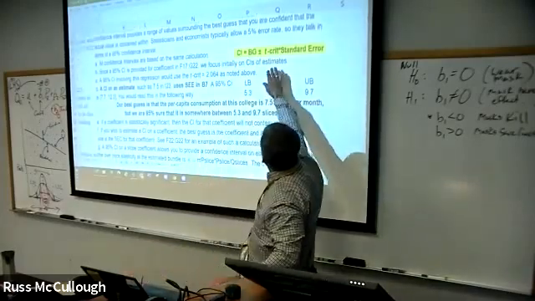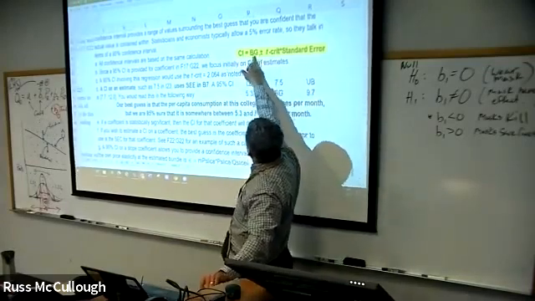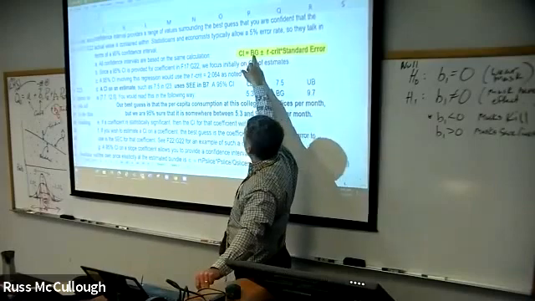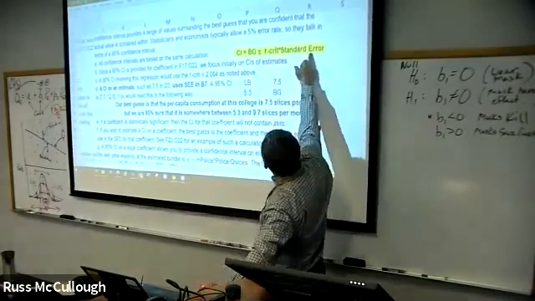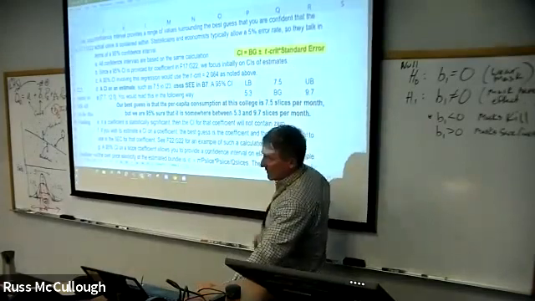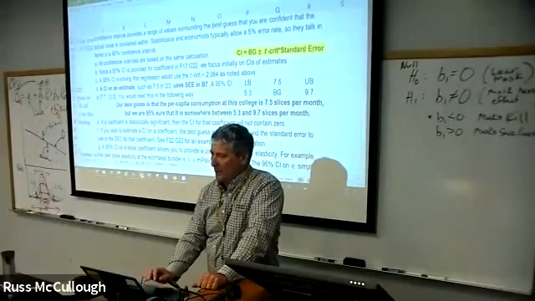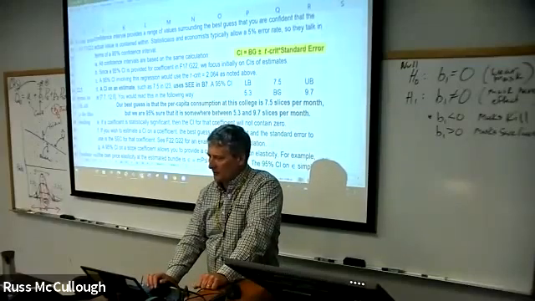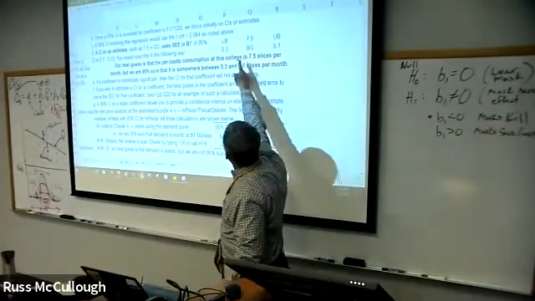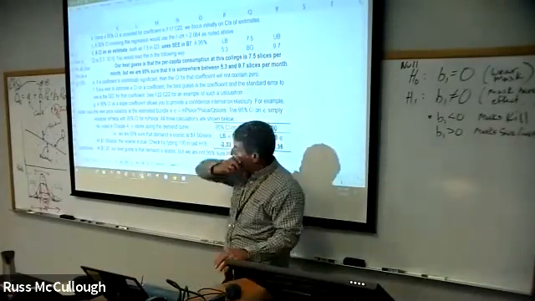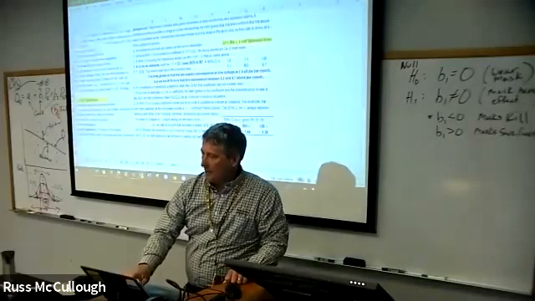So look at this formula. The confidence interval is just the best guess, which is the coefficient number, plus or minus the t-critical times the standard error. So that's giving us our range going back to the coefficient. Okay, so did you guys do this little exercise up here? What's LB? Lower bound and upper bound.